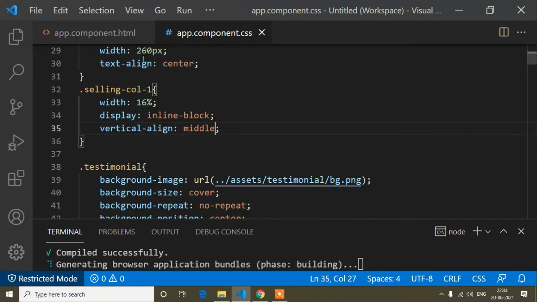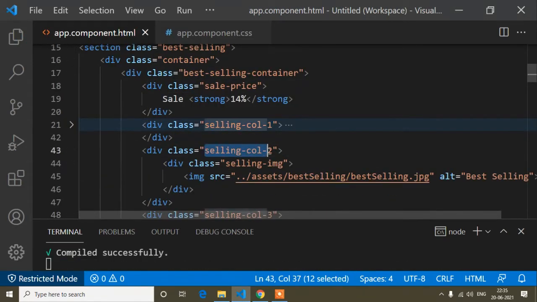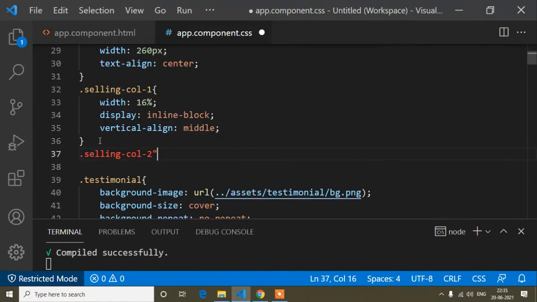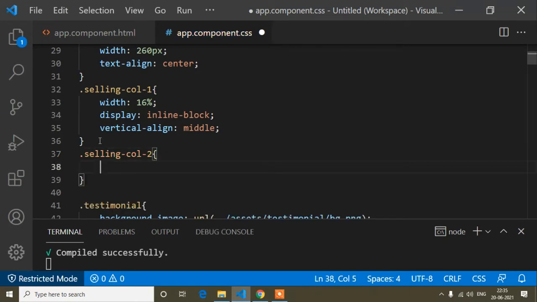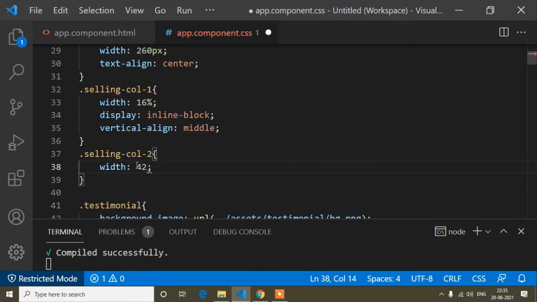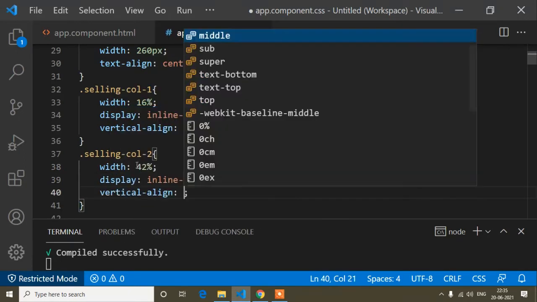So save, and first of all I will add all the columns. So this one is the selling 2, so just here selling 2, and now here I will write width is 42% and display inline block and the vertical align is middle.